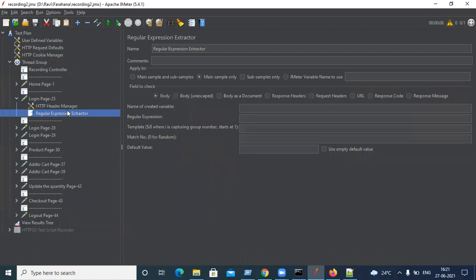See, once you click add, it came here. And here you can see regular expression extractor. So this will help us to pick up the value. In the regular expression field, just paste it. This is what we finalized, right? So you should make sure how to write the expression, that's the first important thing. Then the second thing is from where you are getting the value. That's next important.